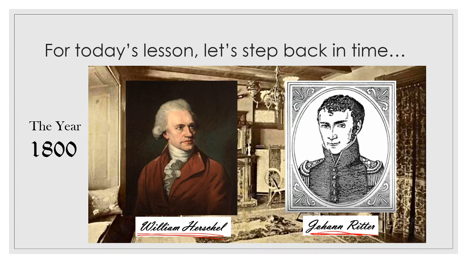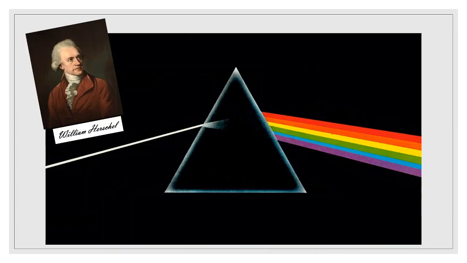Well, what was their discovery? Well, let's see what the experiment was that they ran. First of all, we're going to start with Herschel. Herschel one day was messing around with prisms, and now we know what a prism is. We learned about them in our last lesson, and by the year 1800, people had already discovered, mostly Isaac Newton had discovered,